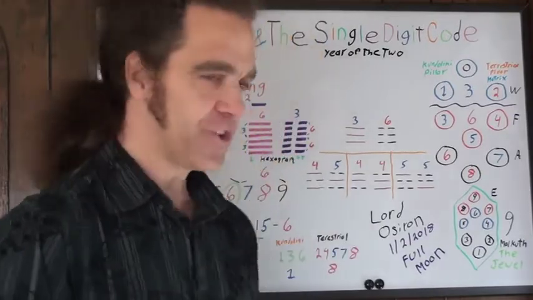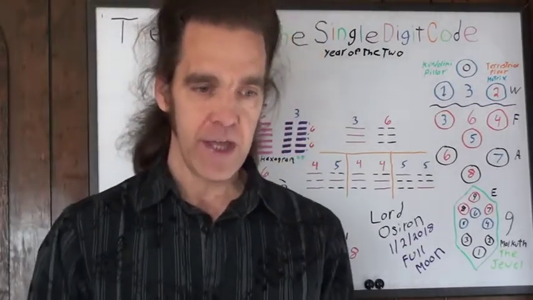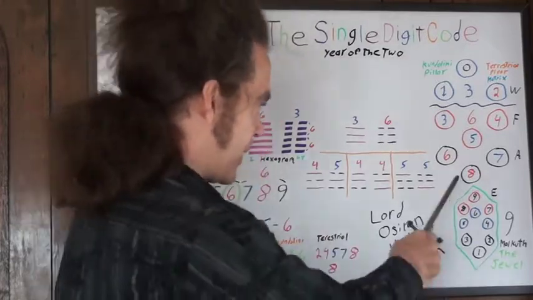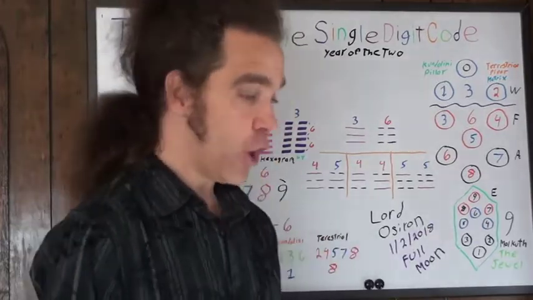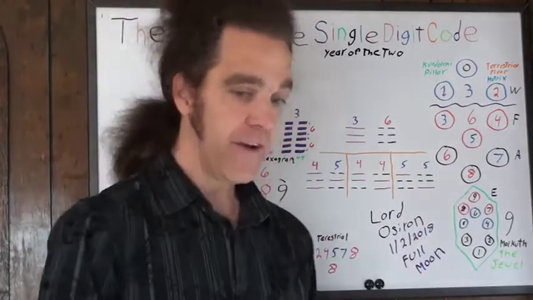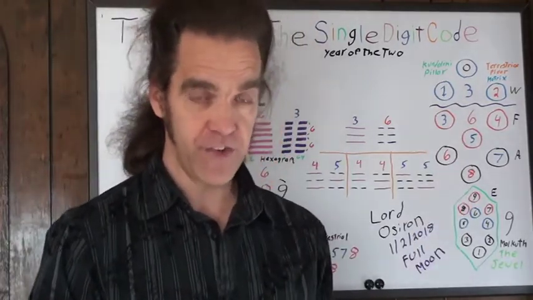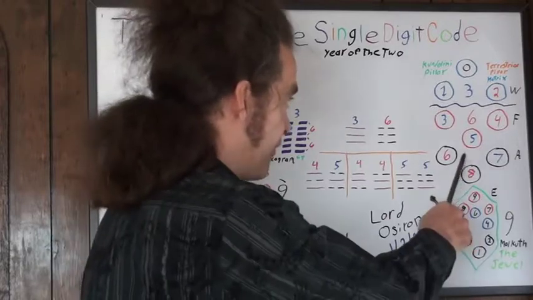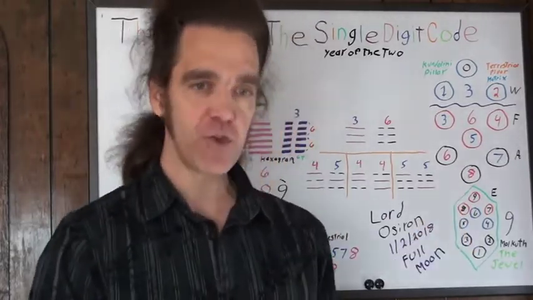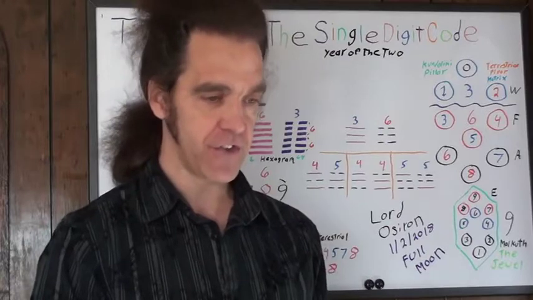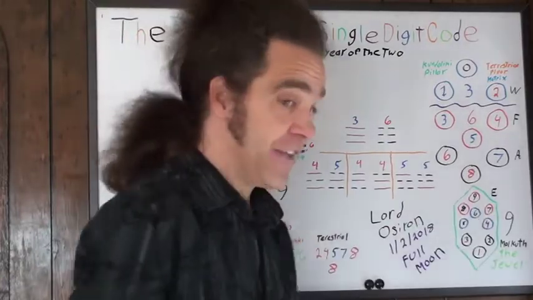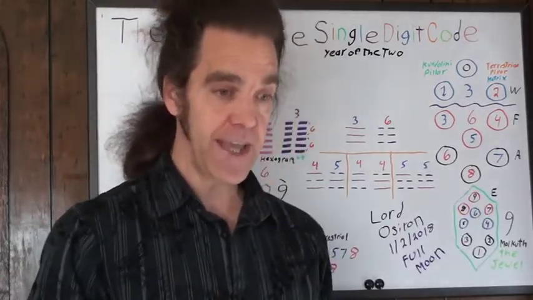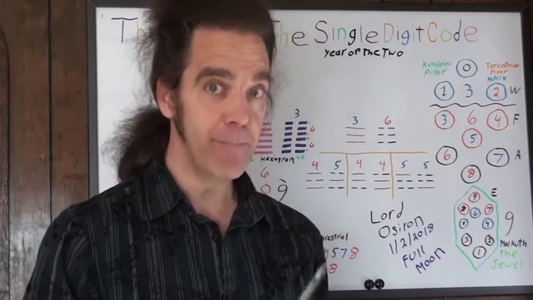Because one of the things I'm still getting from people who like to argue with me is that they say, oh, well, the tree of life isn't just about numbers. And no one has ever said that. I have never said that the tree of life is only about numbers. What it does is, when you use the proper number code, the numbers are the bones of the system. The numbers are the roots. The number system tells you how to construct the esoteric system. And then once you do that, the esoteric aspects of the tree actually come alive much better